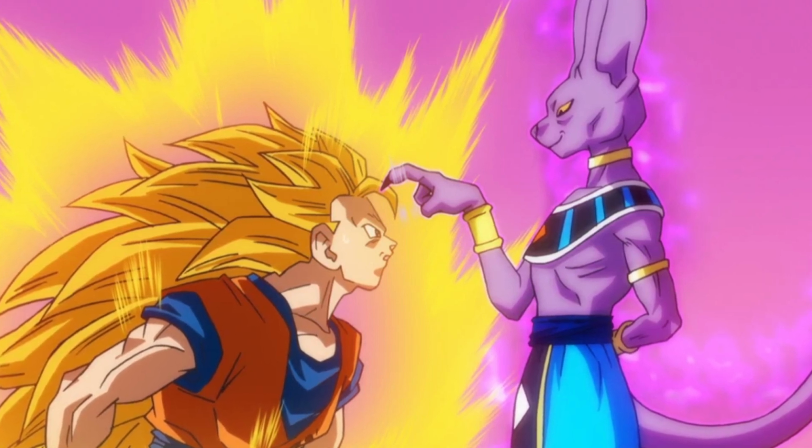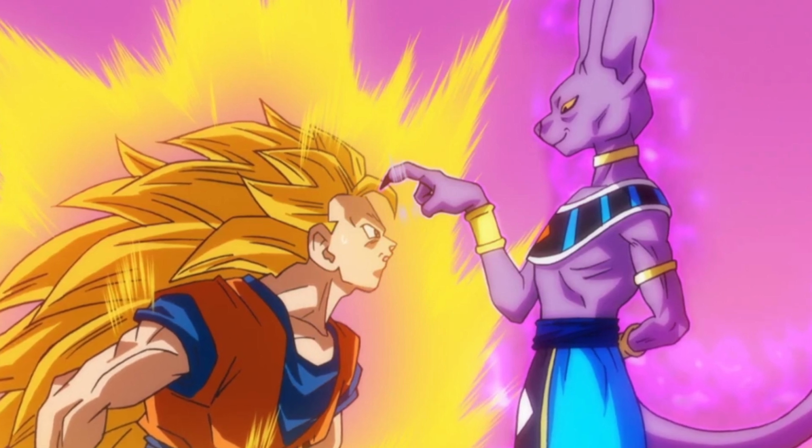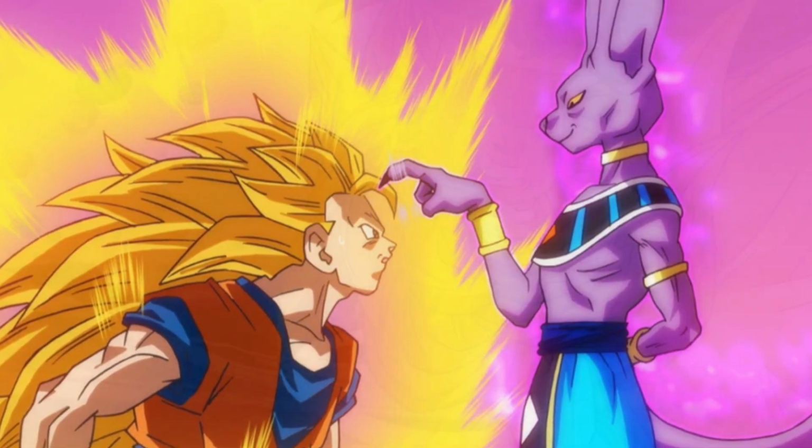Goku acknowledged that he had little experience with the transformation, with his fight with Kid Buu being the first time he used it in a full fight with a living body. Performing it twice in a short time brought him to his knees and expended all of his remaining energy. In the manga, he does not revert to his original form until after Vegeta intervenes to buy him the minute